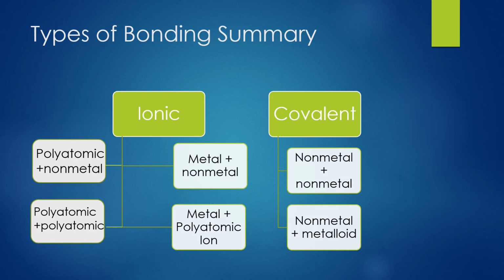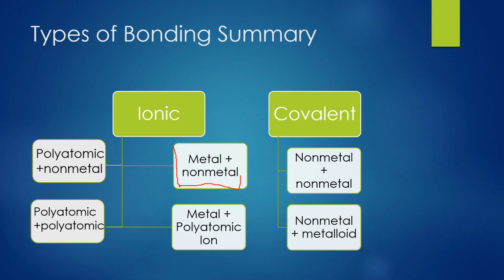Here's a summary of the types of bonding that we went over. Starting with ionic, you can see there are several different types of ionic bonding, ways to make ionic compounds. This makes sense if you look at the periodic table, because remember, ionic compounds are generally metals with nonmetals or else with polyatomics. Since there's way more metals on the periodic table than there is nonmetals, you would expect there to be a wider variety of combinations. So here's all of the types. We have a metal with a nonmetal